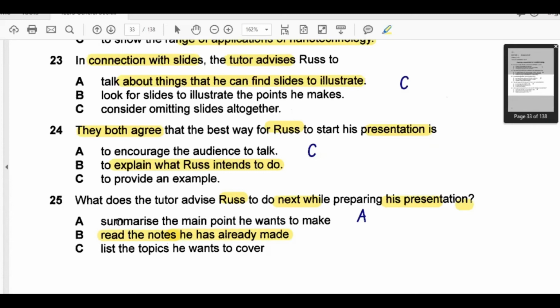Summarizing everything means that you are shortening things up. You are taking notes in a very precise, very short manner. So having a short sentence means summarizing the information, and then you can develop your content around it. Once you do A, then you can make a list of the topics you want to cover. But first of all, your aim should be a one-liner, a summary. So the correct answer is A.